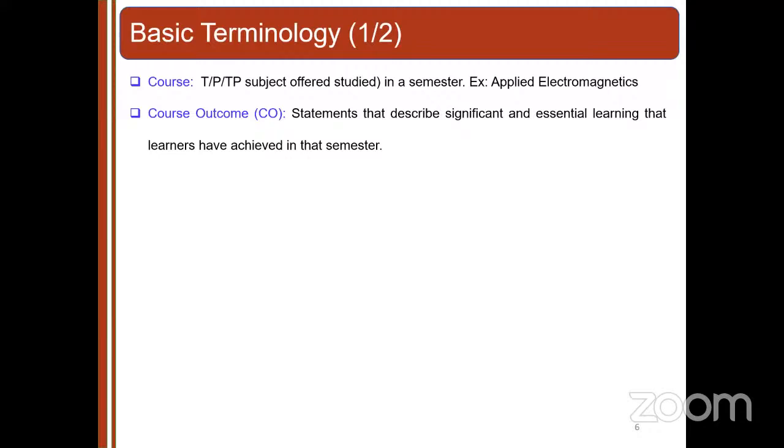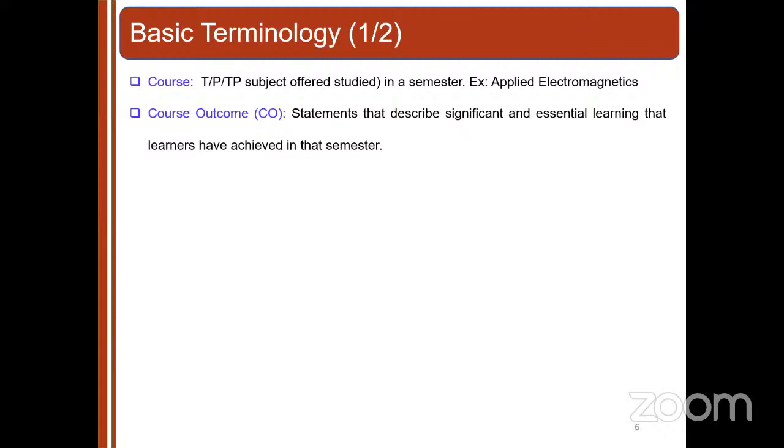Here, I will take some inspiration from the NEP 2020 document about the course outcomes. As I told you earlier, there is no specific word called course outcome, but they keep telling you repeatedly about something called learning outcomes. I'll also tell you how this learning outcome is different from a course outcome. It's a very subtle difference.